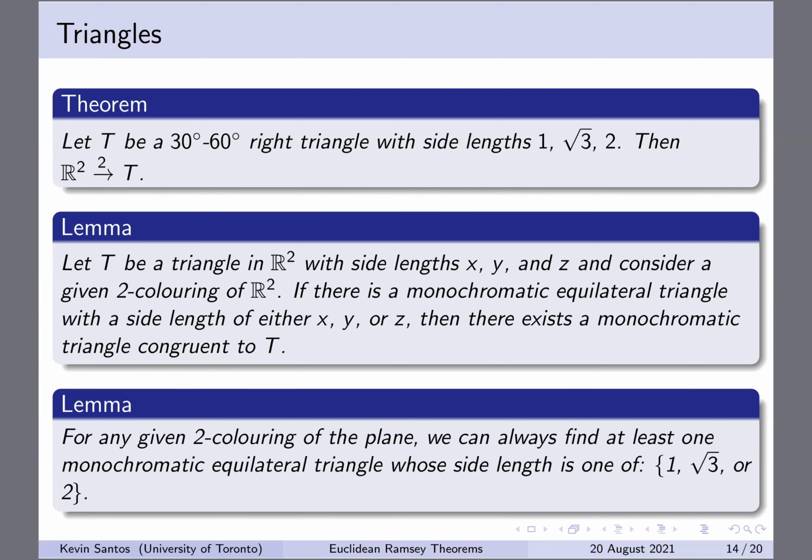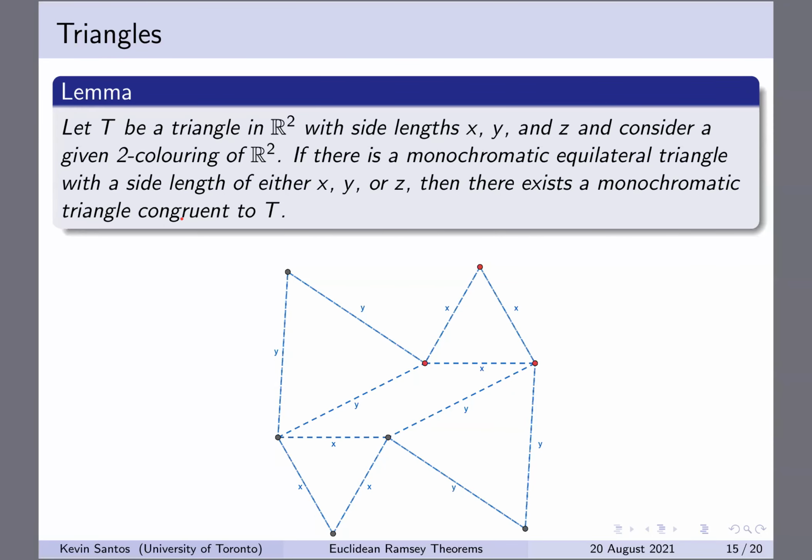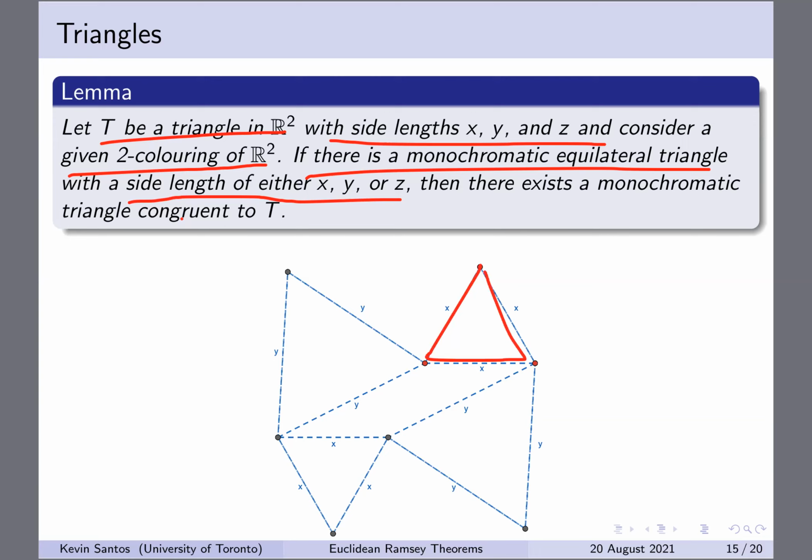So let's prove these 2 lemmas. Let T be a triangle in R2 with side lengths x, y, and z, and we'll consider a given 2-coloring of R2. So as long as there exists a monochromatic equilateral triangle with a side length of either x, y, or z, let's just assume without loss of generality that we have a monochromatic equilateral triangle with side length x, and all the points in it are red. The same argument would apply if we have one of side lengths y or z, but we'll just start with